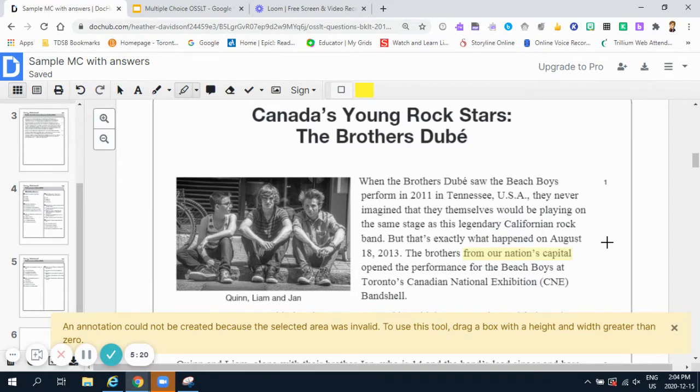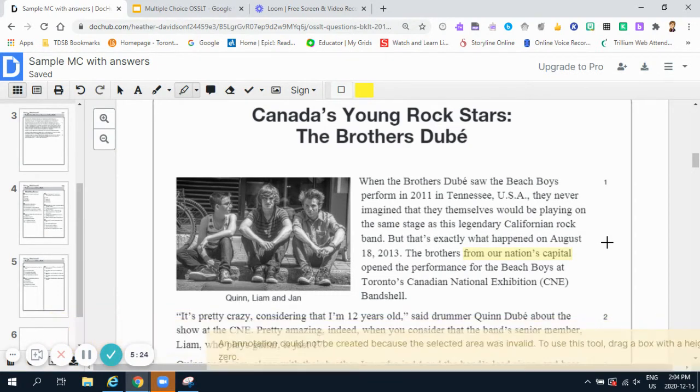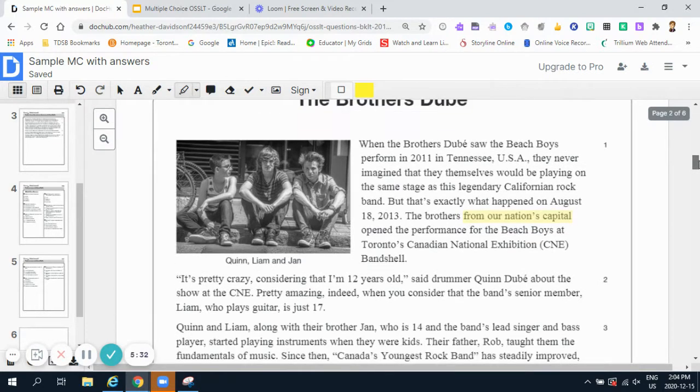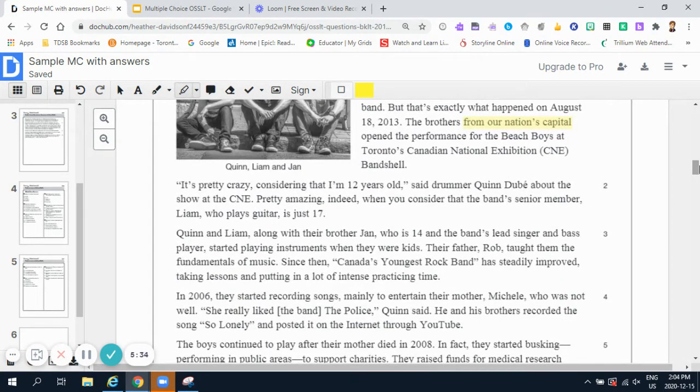Okay, so the brothers from our nation's capital opened the performance for the Beach Boys at Toronto's Canadian National Exhibition band show. "It's pretty crazy considering that I'm 12 years old," said drummer Quinn Dubé about the show at the CNE. Pretty amazing indeed when you consider that the band's senior member, Liam, who plays guitar, is just 17. Quinn and Liam, along with their brother Jan, who is 14, and the band's lead singer and bass player, and